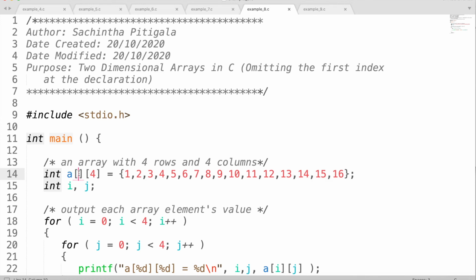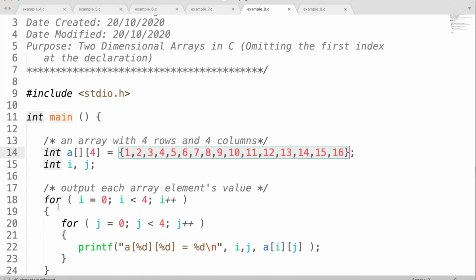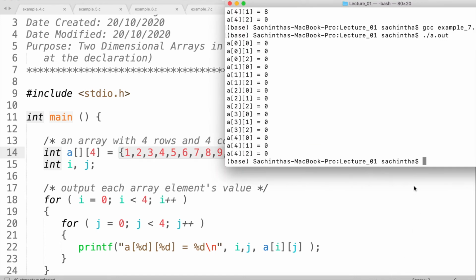So the important thing here: you can skip your first dimension at the declaration statement if you are providing all the elements in your initialization statement. Now we can go through our familiar nested for loop and see the output of our program. So let me compile this program.